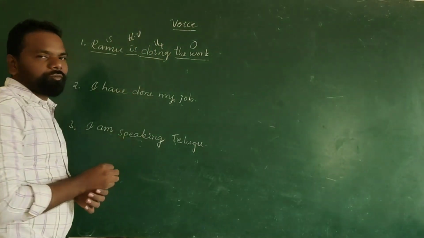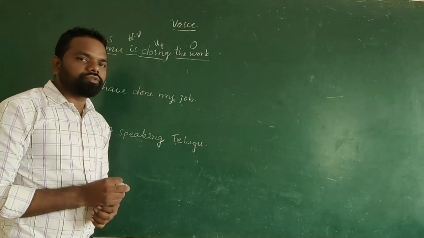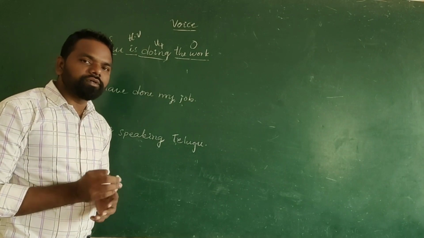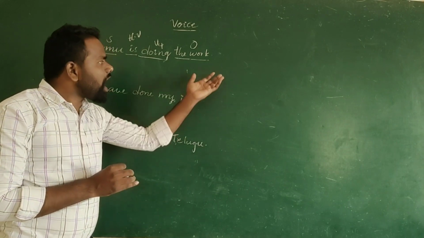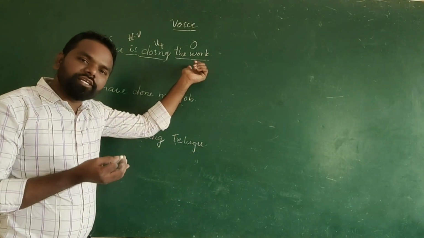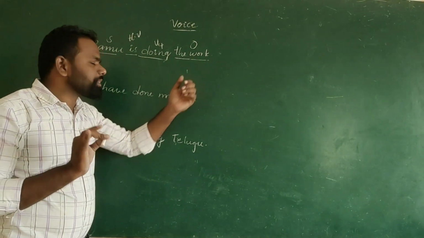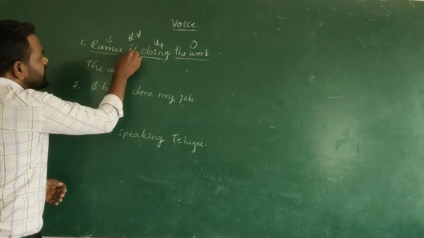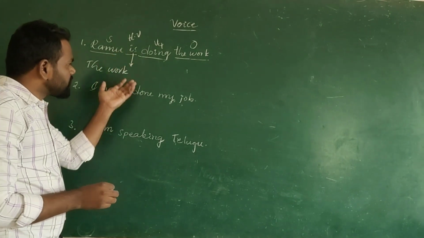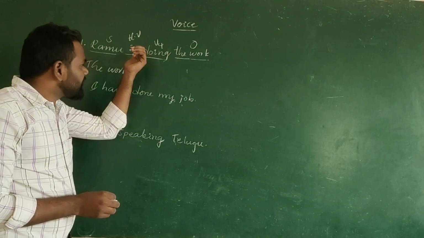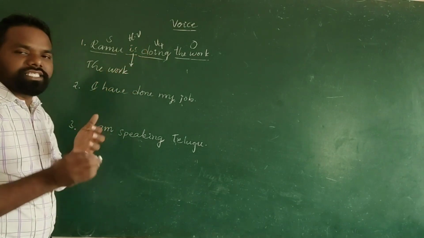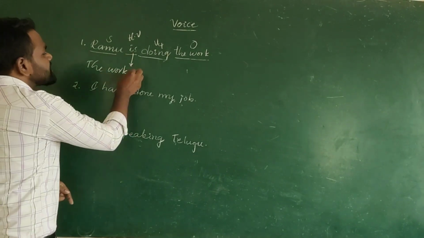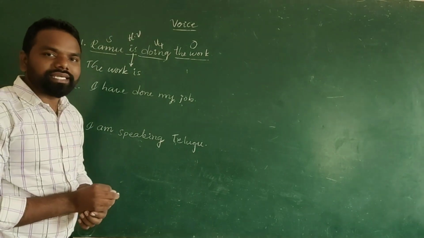Is is actually a helping verb. And one more thing: whenever a helping verb is given, we need to take the helping verb as it is or based on the object. If the object is singular, singular means singular, plural means plural. Let us find out now. The work. Now is is there. We need to bring it down. When we bring it down, we have to see whether the work is singular or plural. Actually, the work is singular. Therefore, in the present tense, it takes only is. The work is